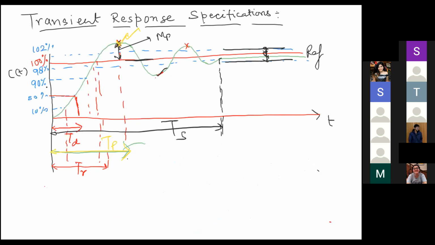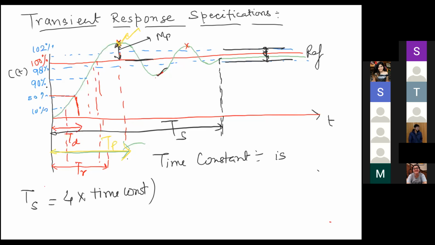That time constant is the time required. Sorry, settling time we have to define first. That settling time Ts is 4 times the time constant. That settling time is nothing but 4 times the time constant. What is time constant? It is the time required